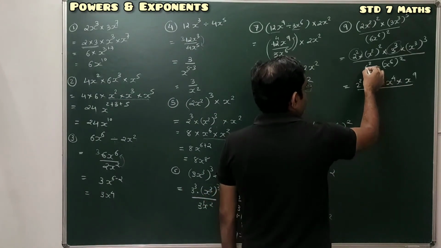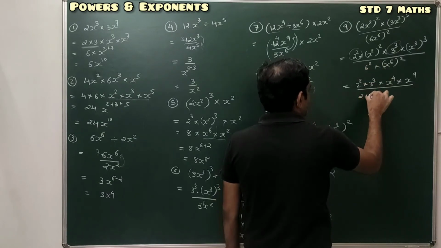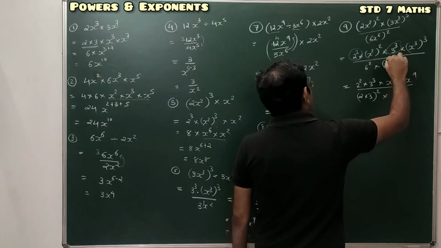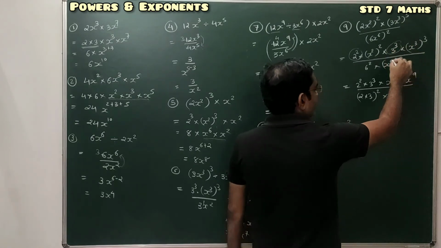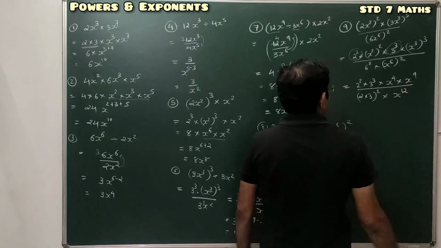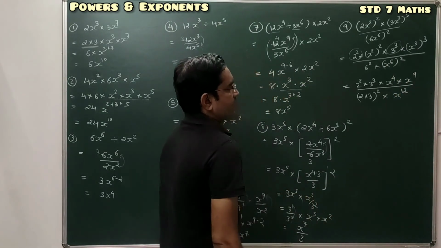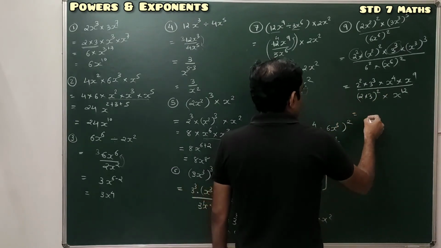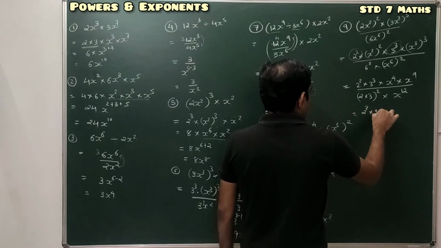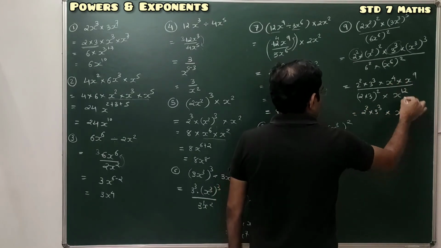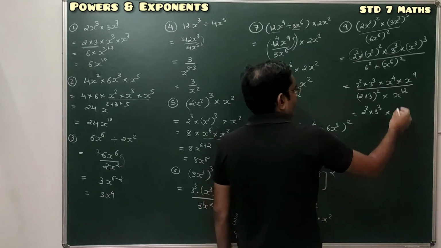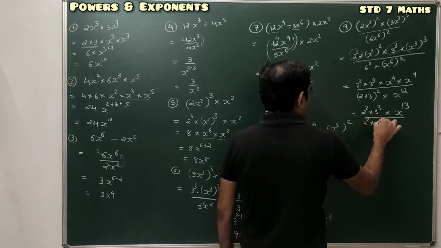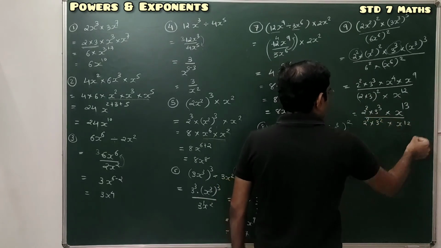This one is 6. Again we can write this 6 as 2 into 3, whose power is 2, into this one is x raised to 6 raised to 2. So it's not 6 square, it's 6 2s are 12. So it's x raised to 12. Again this is power of multiplication, so we can write 2 square into 3 square. So this is equal to 2 square into 3 cube into this one. Two terms are in multiplication with the same base, so addition of power 4 plus 9, 13, upon 2 square into 3 square into x raised to 12.